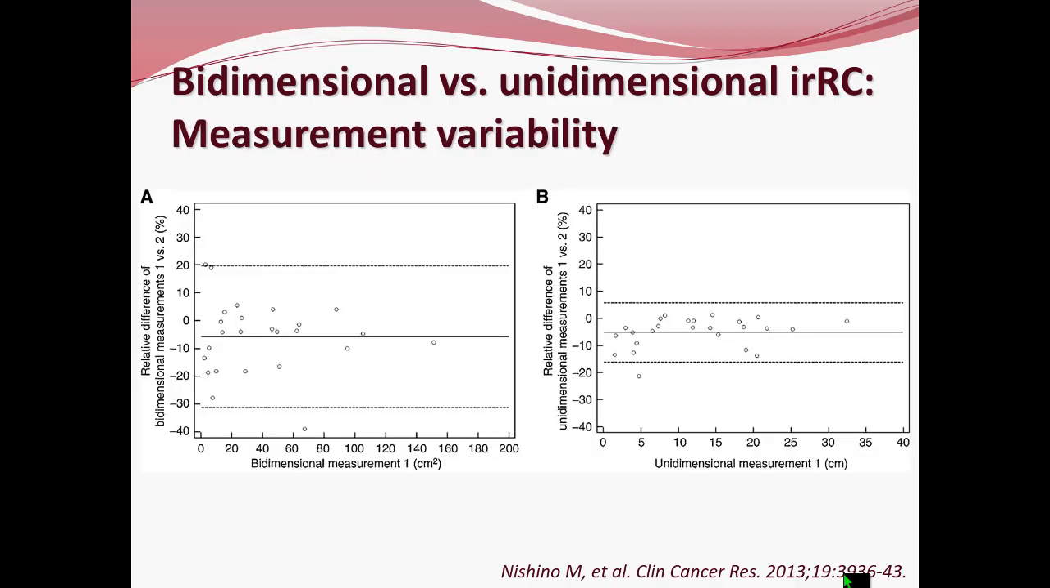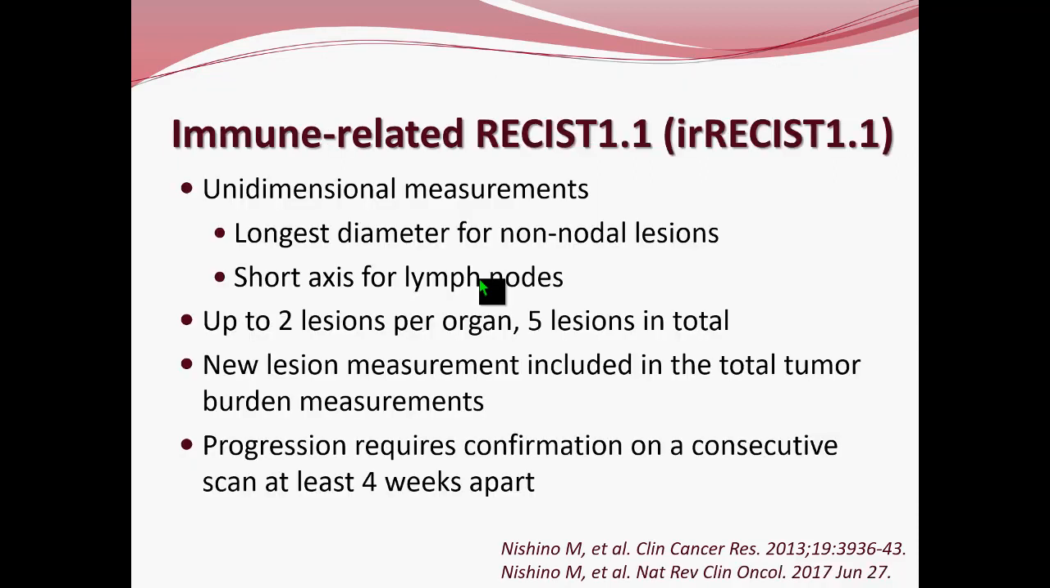And importantly, when we looked at inter-observer measurement variability, the unidimensional approach has much higher reproducibility, with almost half of the measurement error compared to the bidimensional approach, showing that it's more reproducible and therefore more accurate compared to bidimensional assessment. Based on these scientific data and subsequent studies, it clearly indicated the direction of using a RECIST-based unidimensional approach to immune-related response assessment. And this approach proposed by our group has been termed immune-related RECIST, or irRECIST, by the peers